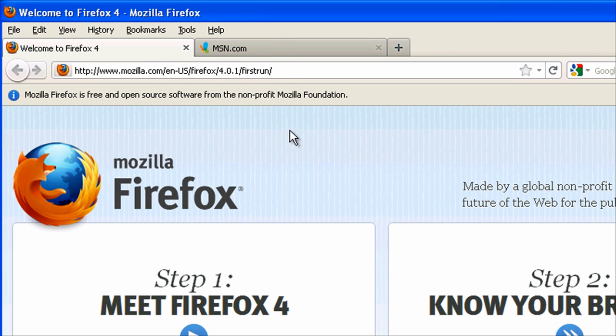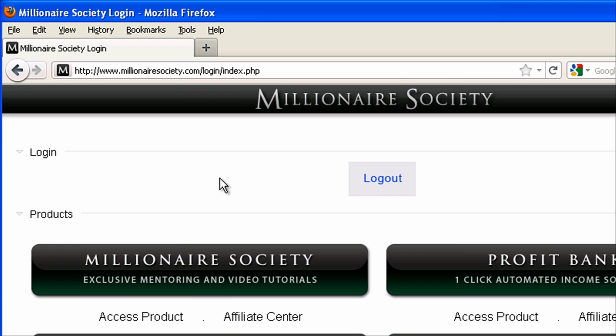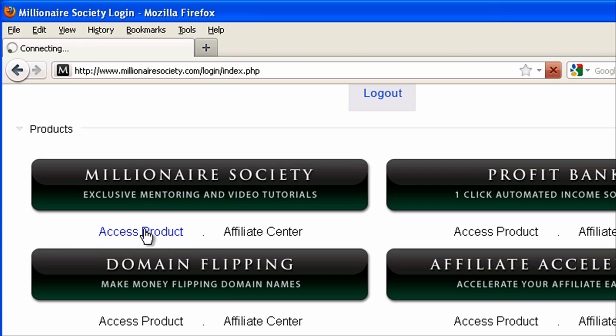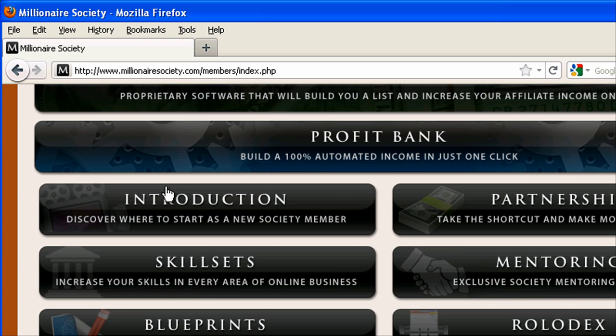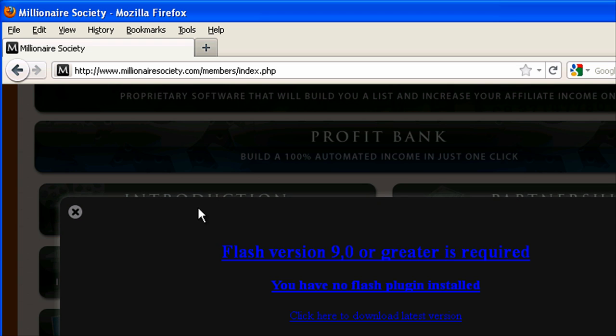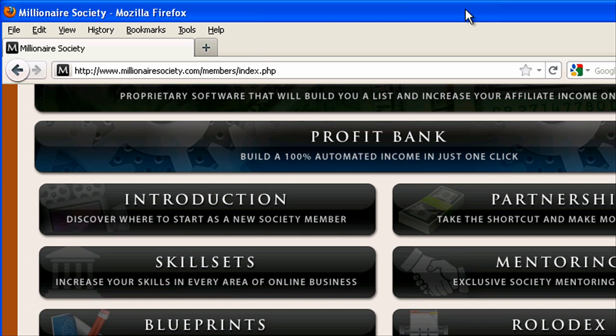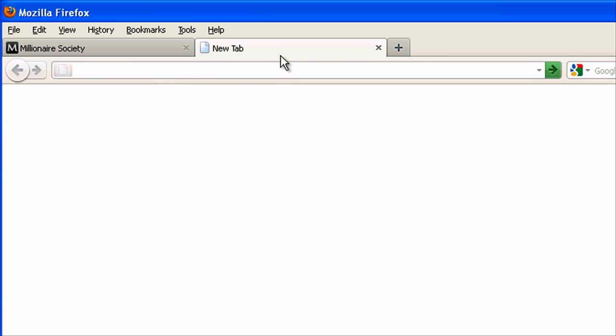Now, we probably do not have Flash for this, so we'll test it. We're logged in. Access product. And we'll try to play a video. And here it says, see, unlike Internet Explorer, Firefox is actually telling us we need Flash version 9 or greater. So we'll close that. And let's see if we can do it this way. Let's open up a new tab. Go to